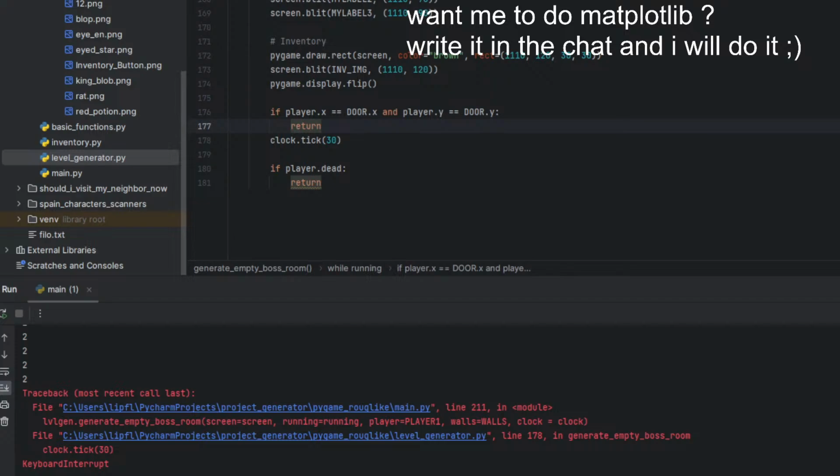Let me see how we could maybe fix that. So if player, yeah.